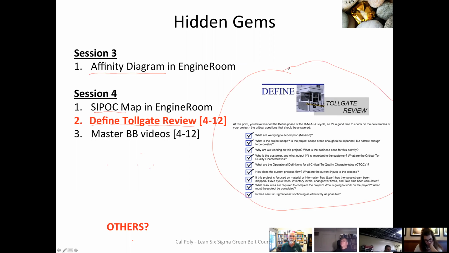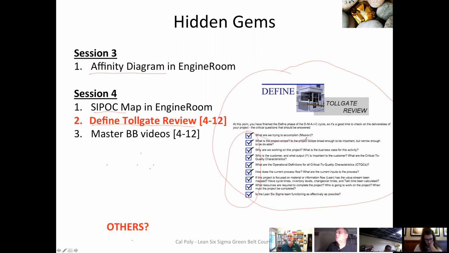So before you get into the measure session, which is the new thing you have to study online, go all the way to the last measure session, open up the tollgate review, and find out what are the questions that you're trying to answer in